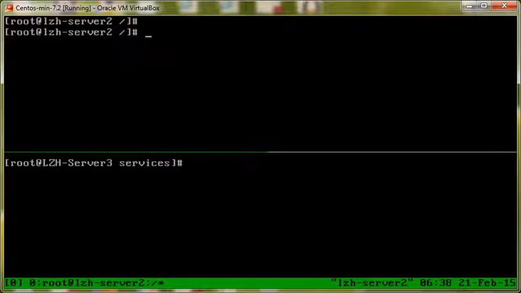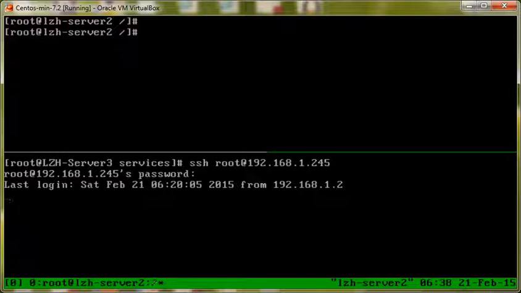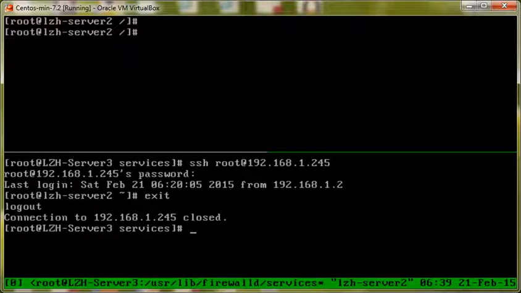So let's continue our discussion. We left off where we added a few ports to our firewall's public zone, and let's see how we can add a service to our public zone. To demonstrate this, let me first go to our server 3, Control B, and let's SSH into our server 2, and we can see that we are in server 2. So this means that the service SSH, which is port 22, is added to our public zone of our server